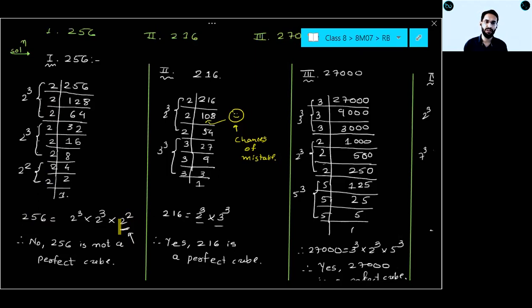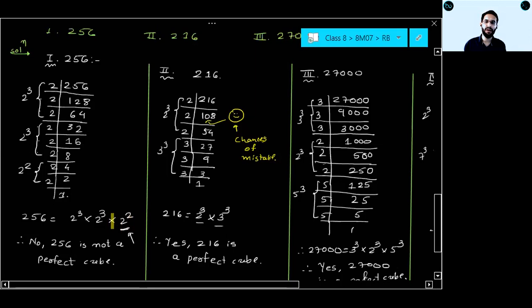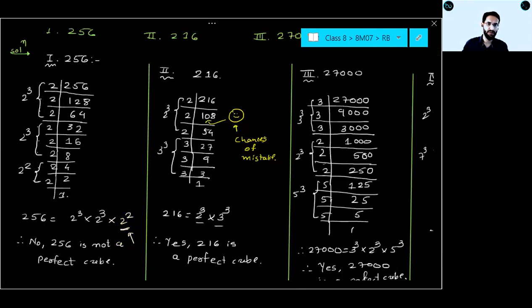So for a perfect square, what is your unpaired number? If there is not a group of 2, only one chance is there, a group of 1, that is a only. A is your unpaired number for a perfect square. Now for a perfect cube, if you are not able to form a group of 3, just remove those 3. Now you have 2 chances. Either you can have a or you can have a square. So a and a square both are unpaired numbers in terms of a perfect cube. Is it clear now? Yes, sir.